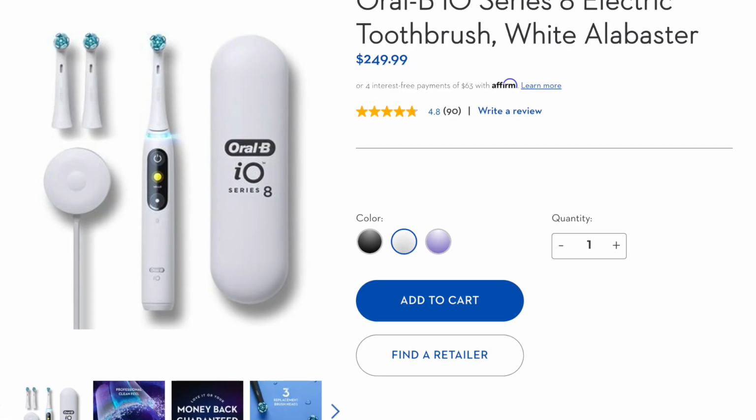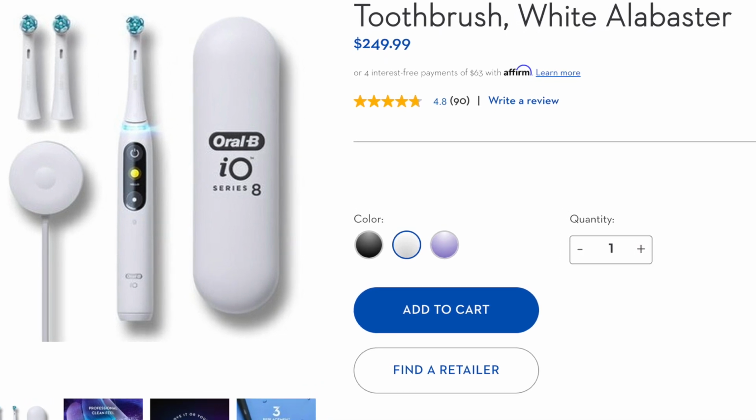I was telling them that my Sonicare was kind of old and that I needed to replace it. And they actually sold these Oral B toothbrushes. I believe it's iO, and it has 5 different smart modes. It is the most amazing toothbrush. It just made my teeth feel so clean. And I'm someone who has receding gums. I've already had to have gum surgery. Need to do some more, but it's so painful. I don't want to. But anyhow, it has gum health mode, whiten your teeth mode, deep clean, and